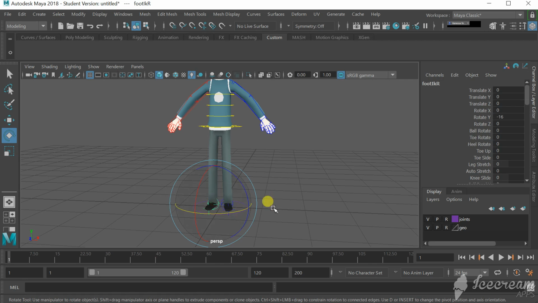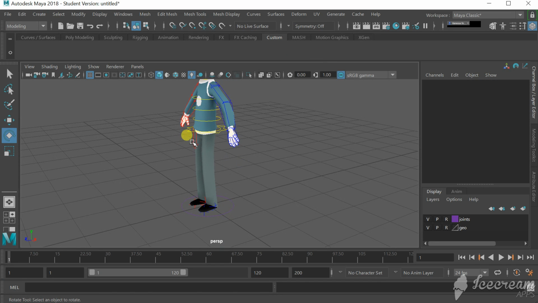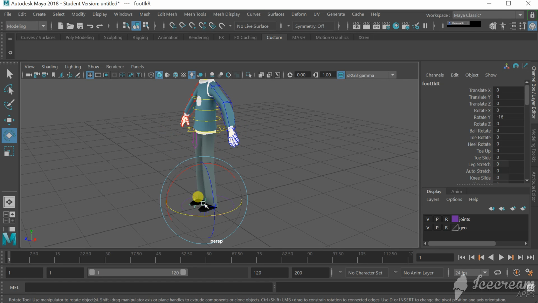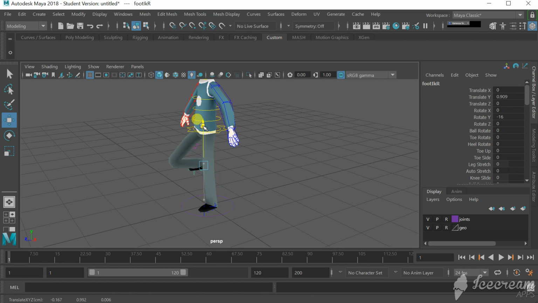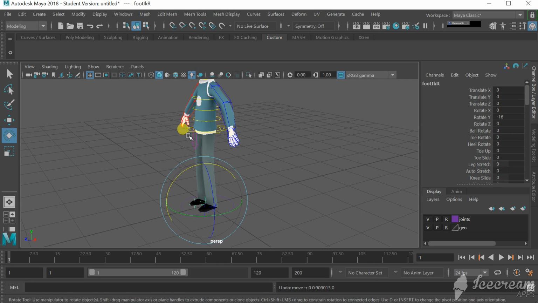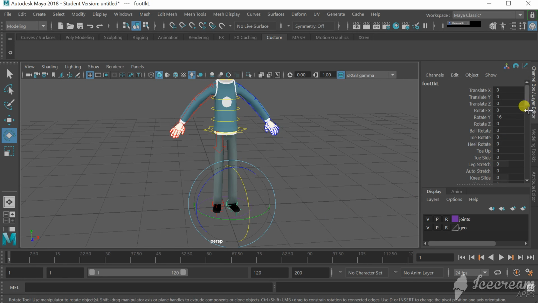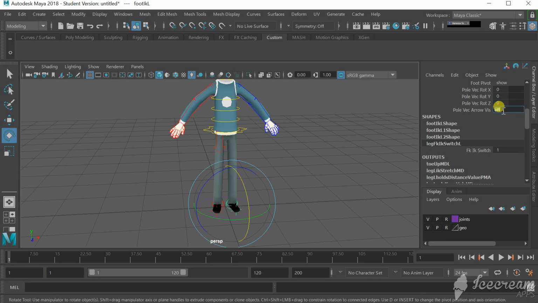One thing we need to do, though, to make this more functional is to show the pole vector arrow visibility, to put that on. And you'll see that purple arrow above the hips. And what that does is control the rotation of the knee, which is very useful. I'm going to go ahead and select the other foot and ensure that we are able